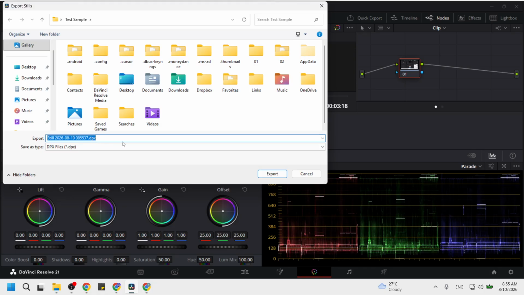In the pop-up window, type a name for your file. Use something clear like Video Title Thumbnail so you can find it later. Good names matter once you have many thumbnails stored because Resolve will not change this name automatically for you.